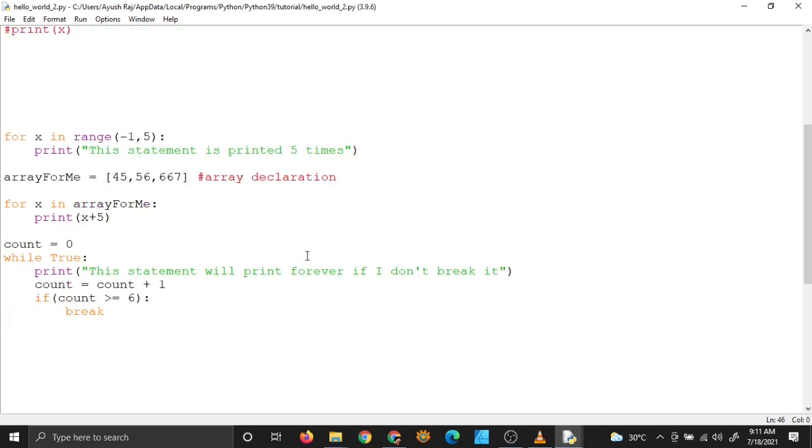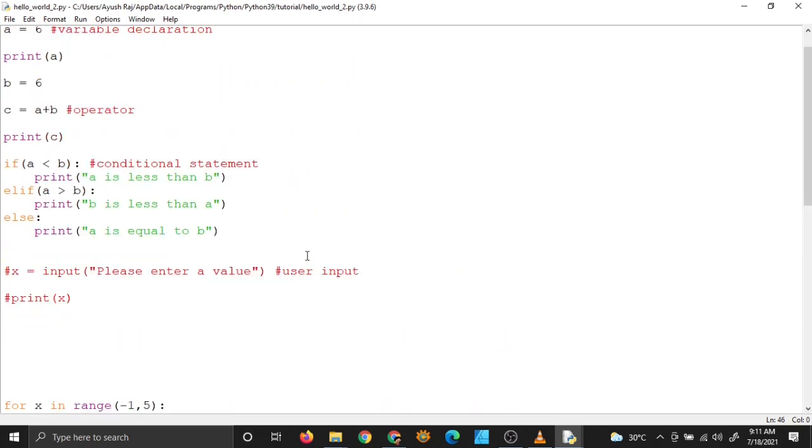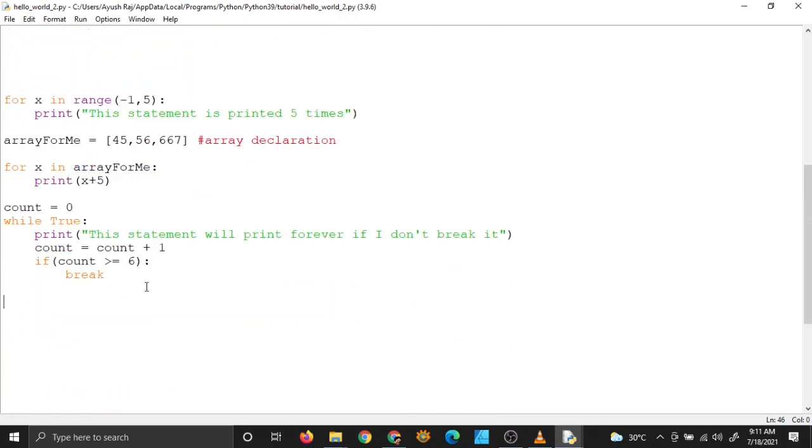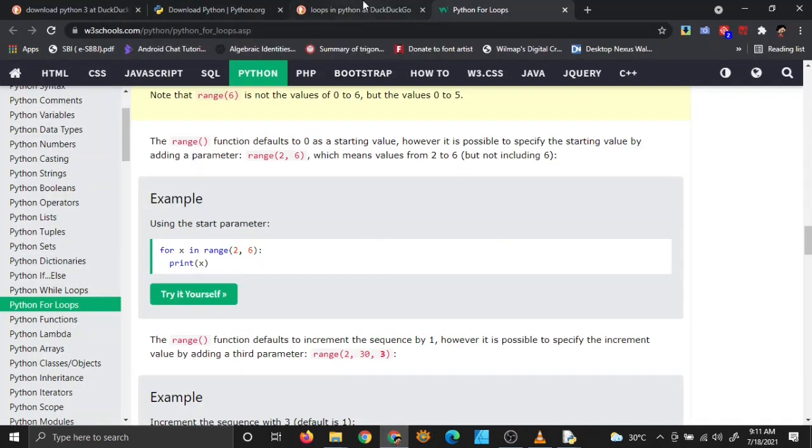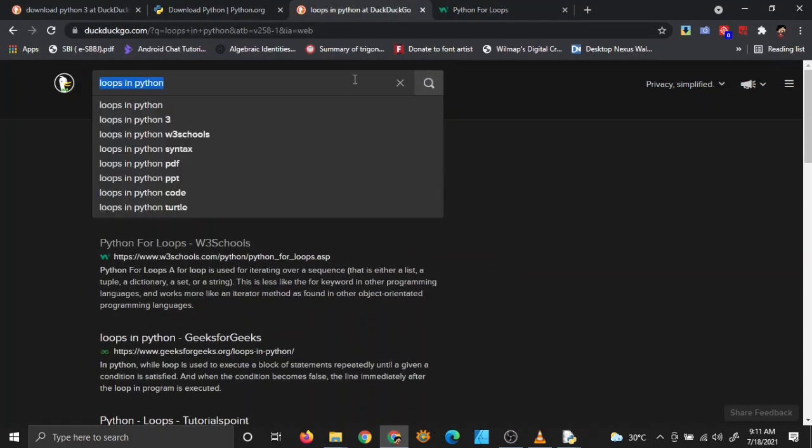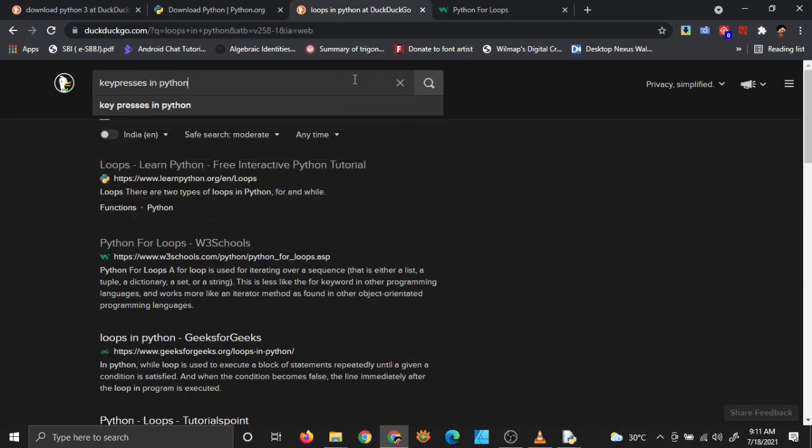Both while and for loops are very important in Python, extremely important. But suppose I want to stop the while loop when I press a key. Let's see how to capture key presses in Python. Suppose you don't know something in Python, like I don't know everything in Python either.